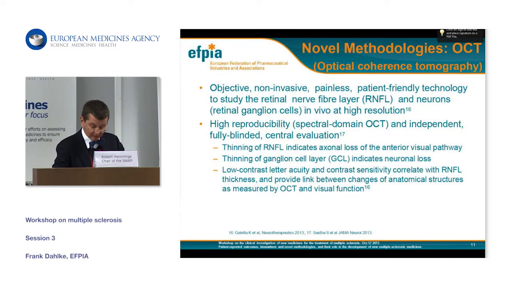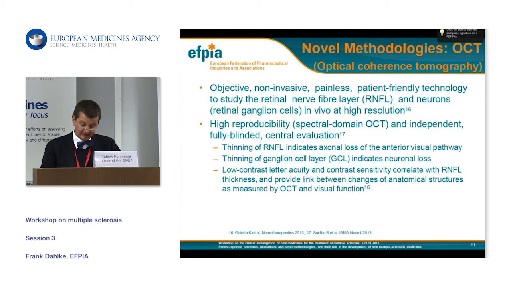I now move to another methodology, and again, I touched briefly upon optical coherence tomography. We have selected this measure because it's probably one of the most dynamically evolving imaging modalities outside of MRI, with a high potential to become relevant to measure axonal and neuronal degeneration or loss. And I think we all agree that this is the area where we perceive the gap in imaging or in other modalities to show treatment effects early on, also to help us to do early trials, phase 2 trials, exploratory trials, to see whether a drug may be promising to go further.